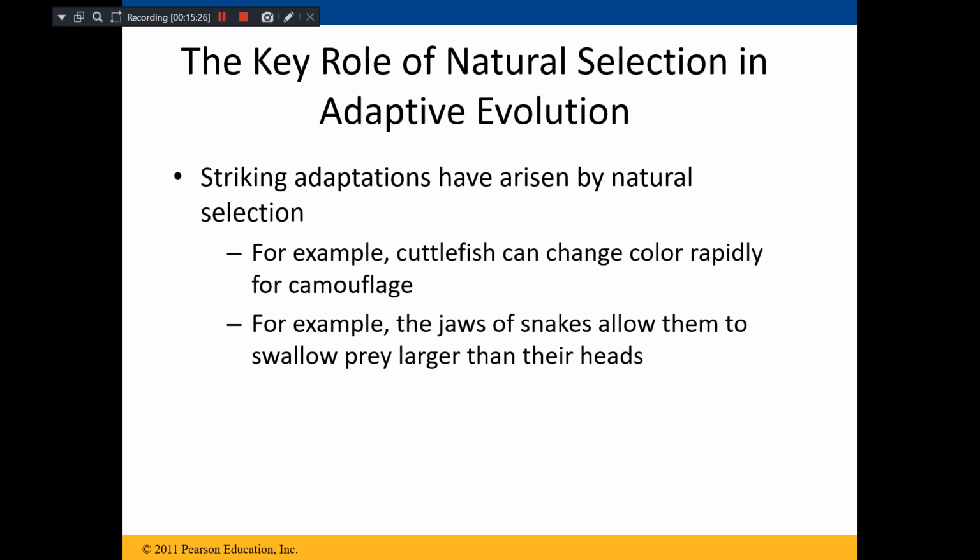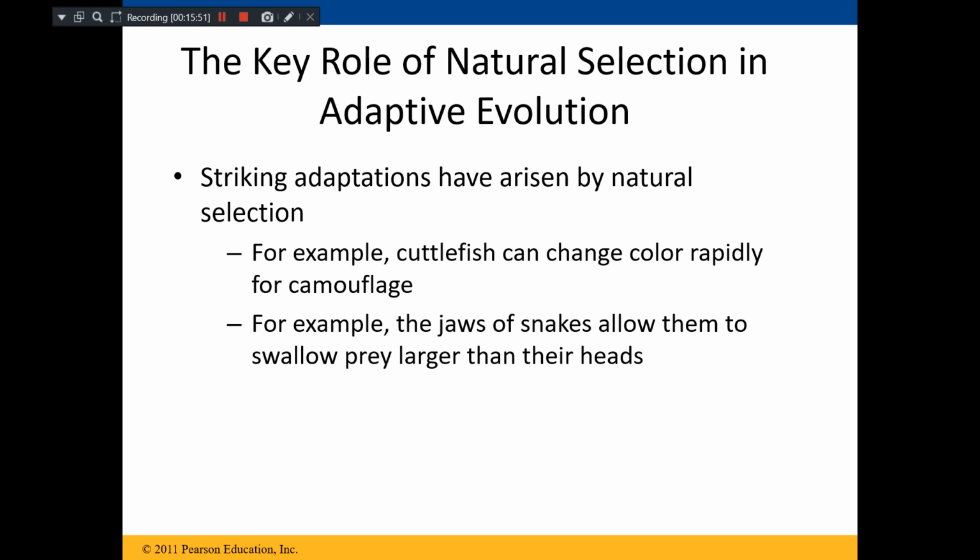So, a good example for striking adaptation is cuttlefishes. Cuttlefishes can change color rapidly for camouflage. Cuttlefishes or squids, what we call, have the ability to change their color with the change in their background or environment.